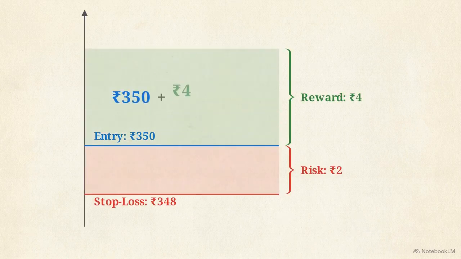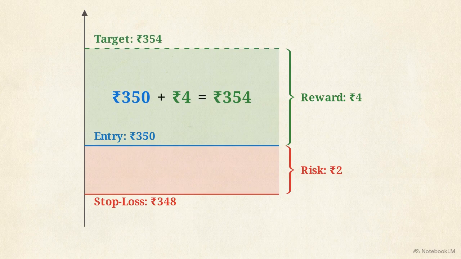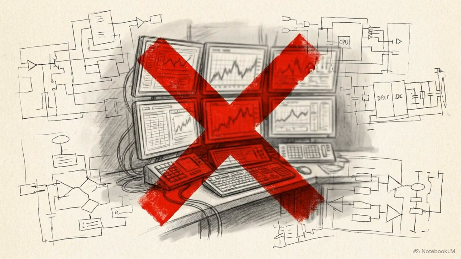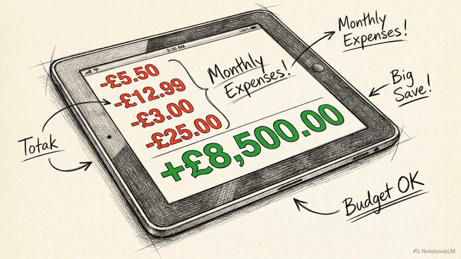We take that 4 rupee required reward and add it to our original 350 rupee entry price. This results in a strict target price of 354 rupees. Revisit your technical analysis. If the indicators do not support the stock reaching 354 rupees today, the trade fails the criteria. Do not enter. The rigidity of this 1 to 2 ratio allows a portfolio to survive a string of